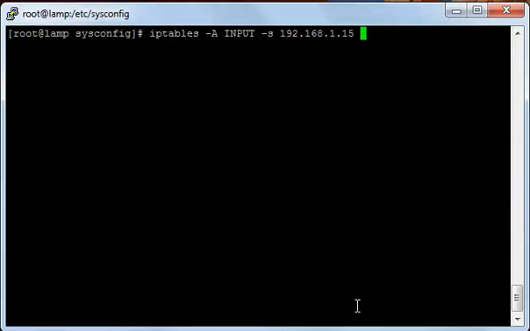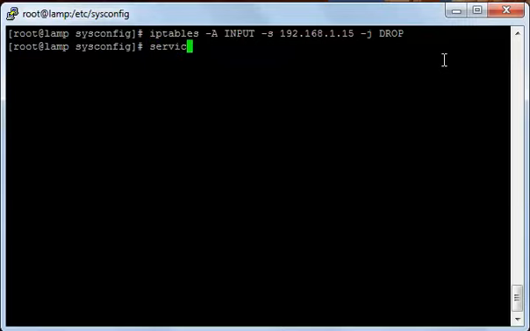For example, here I have typed the IP that I want to block, -j and then the target DROP, and this means that you will block this IP from connecting to any of your services like the shell, the FTP, the mail, anything. It will block it totally from accessing anything, and you press enter